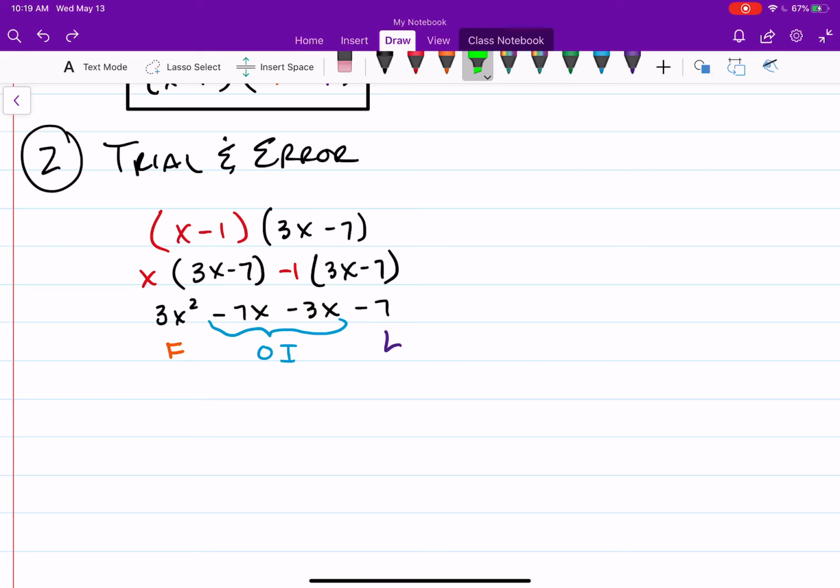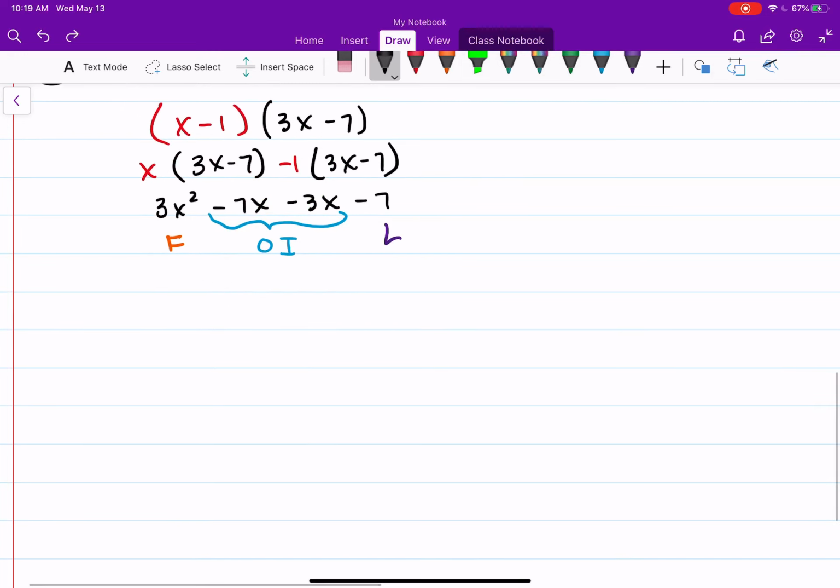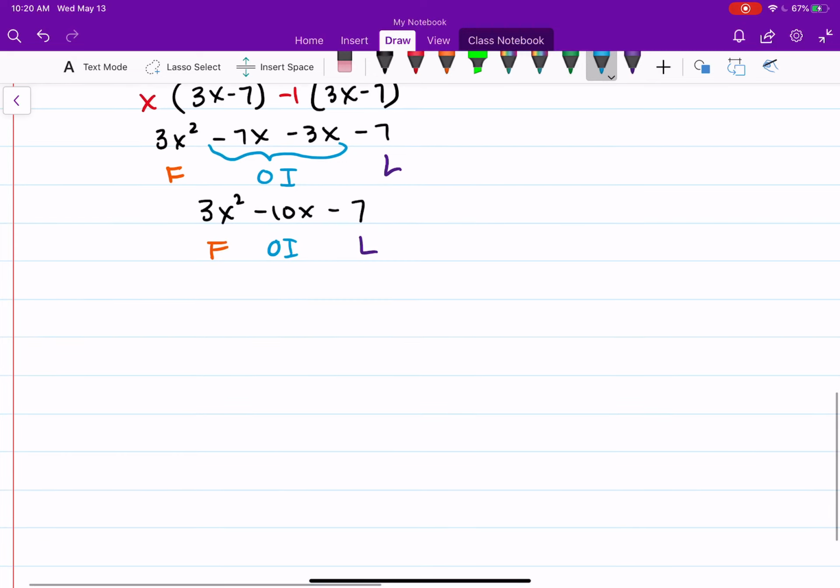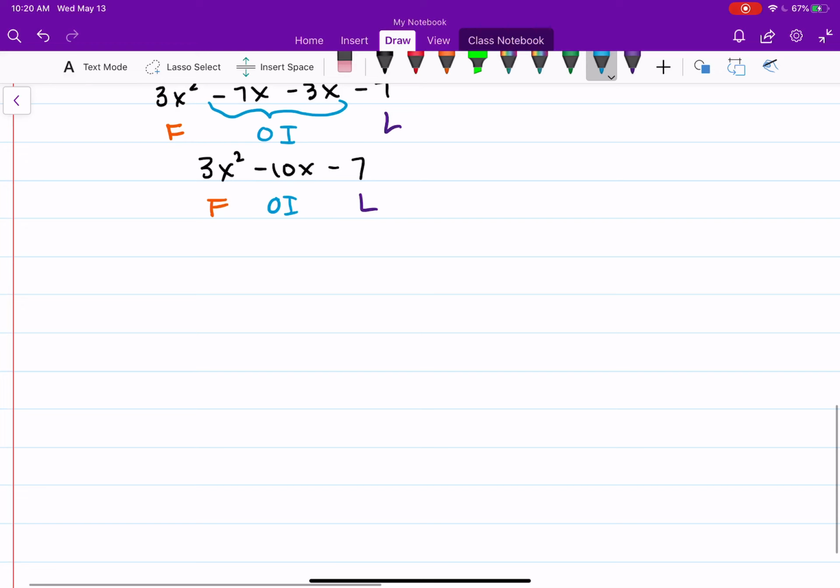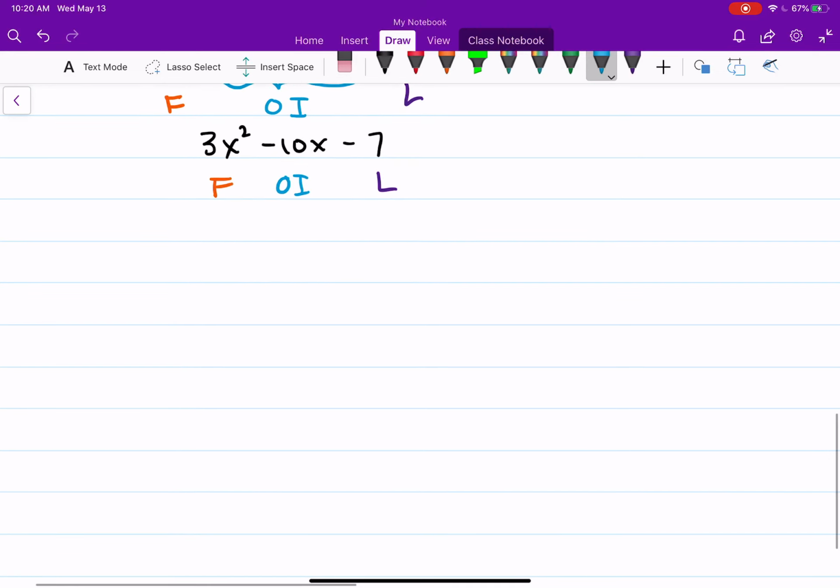So from there, I usually would combine like terms. So again, 3x squared minus 10x minus 7. Again, this is still my first, this is still my last, and my outer and inner combine, okay? So when I'm doing trial and error, now I'm going backwards. So if I'm doing trial and error,